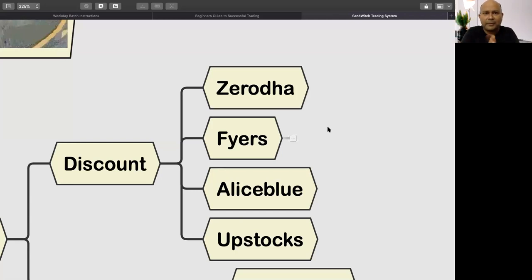My value system is, eventually I might, but currently I'm very, very strict that I don't want to teach you anything where the broker gets benefited. So that's why, as a value system, I don't have any affiliate accounts. I don't have any links. So feel free to go ahead and open it anywhere, or maybe tomorrow, day after,